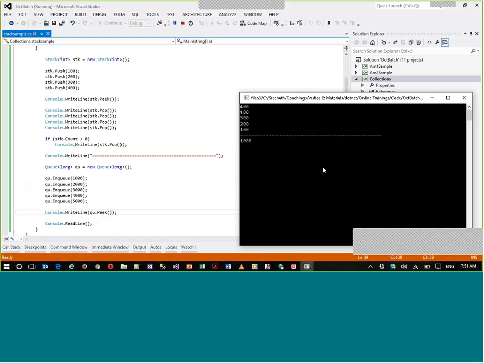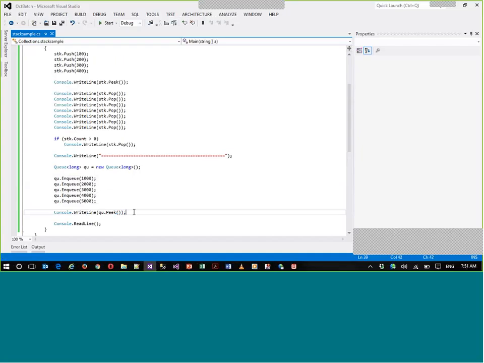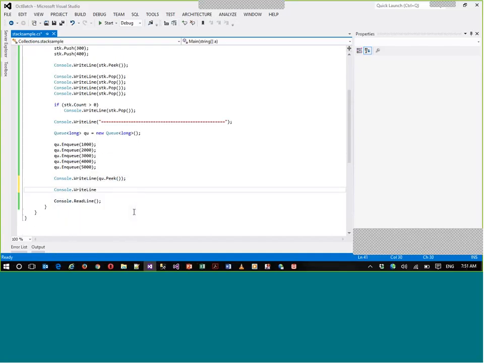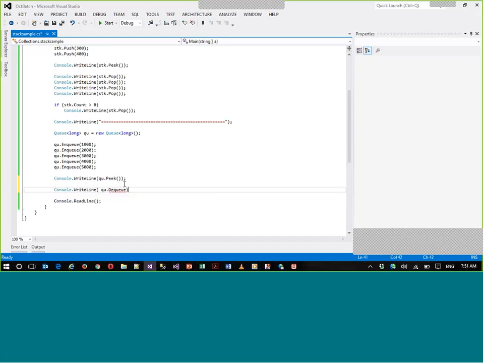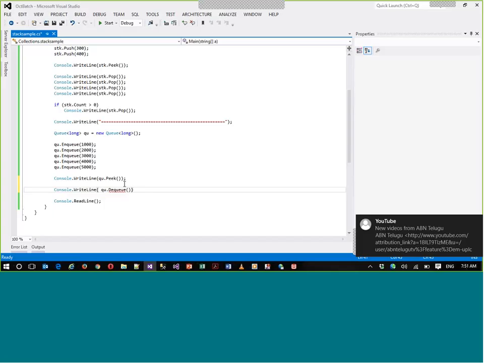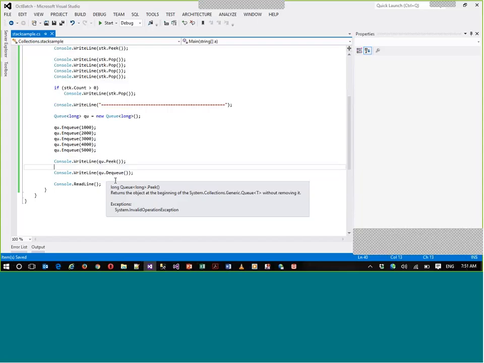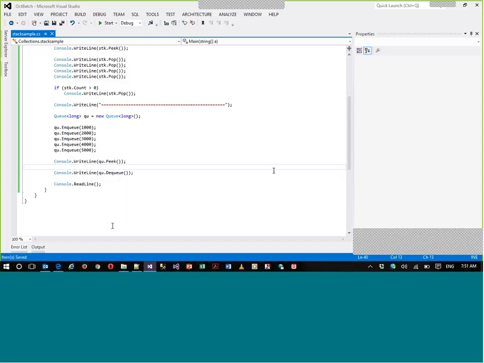That's okay. So let's start doing dequeue. So I'm going to say Console.WriteLine of queue dot, you have something called Dequeue. You can see it removes and returns the object at the beginning of your queue. That's a dequeue. Open and close that. Now again, so here you can see this is your dequeue, right? Where we are actually taking out the data. Let me just close this, right? So now once I dequeue, it will remove the first element added, right?